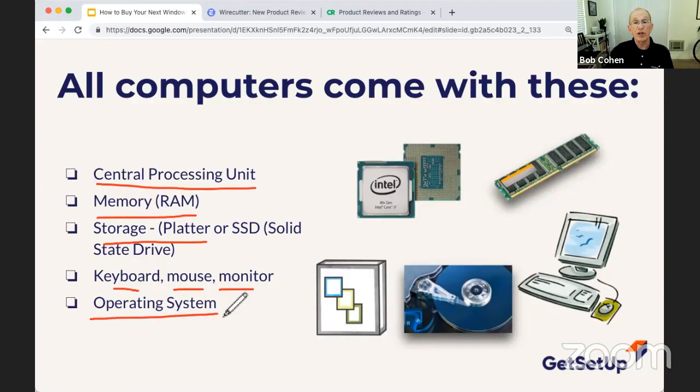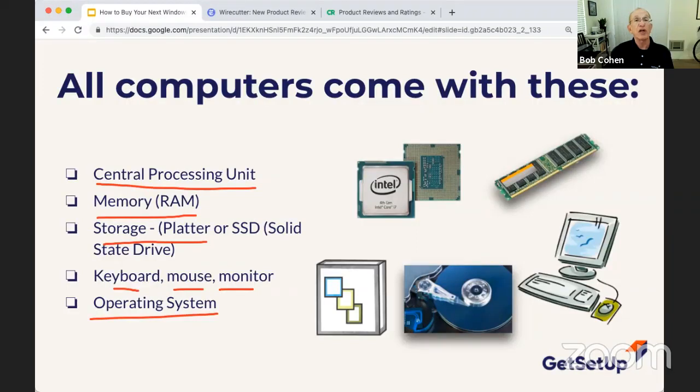And they all come with an operating system. So the operating system is going to determine what applications you can get for it. There's a few applications that only work on Windows. There's a few applications that only work on Macs. And so that may help you determine what solution. And there are certain applications that require you to have the latest version of Windows, like Windows 10, which has been out for about 5 years. But those are some considerations.